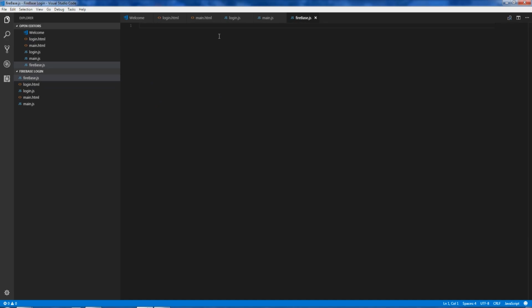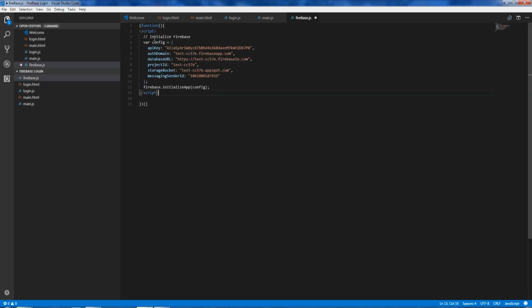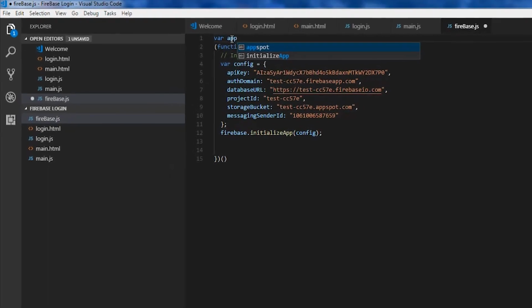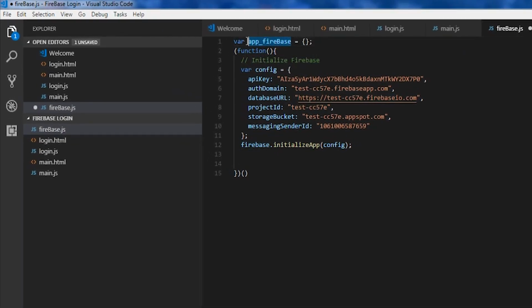This code is responsible to initialize the Firebase application. That's why we are putting it in the Firebase JavaScript. I like to wrap the code with a self-invoke function, so everything inside is going to be private. So we will expose this global variable. I promise to do a future video explaining why it is a very good idea to wrap up your third-party